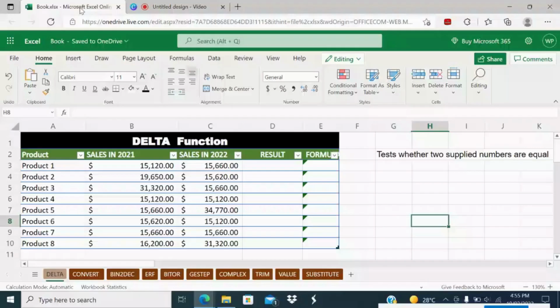Let's begin this video with one by one example. The first function is the DELTA function. The DELTA function helps to test whether two supplied numbers are equal or not. So, in this example, we will see whether the sales values in 2021 and 2022 for each of the products are the same. Equal, DELTA